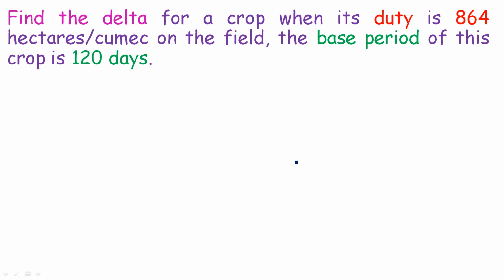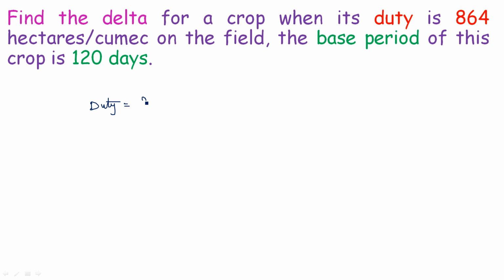Now the second question: find the delta for a crop when its duty is 864 hectares per cubic. The base period of this crop is 120 days. So directly we have a formula. There is a relationship between delta and duty. We can write duty